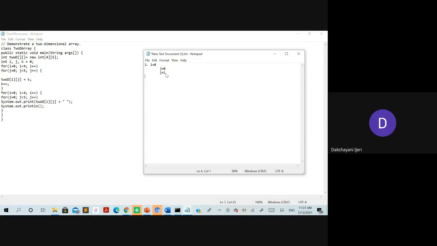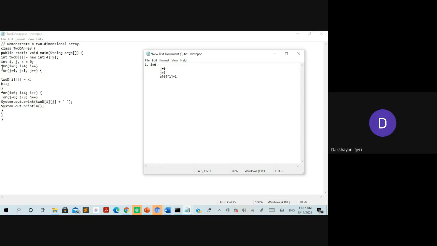So what will be the value now? For simplicity, even though here it is 2D, I'll take it as a 1D array. So it is going to be array of 0, 1, which is considered for the next iteration. The value of this will be 1 here. Why? Because you have incremented the k value, right? So the next time again, the j value will be incremented.